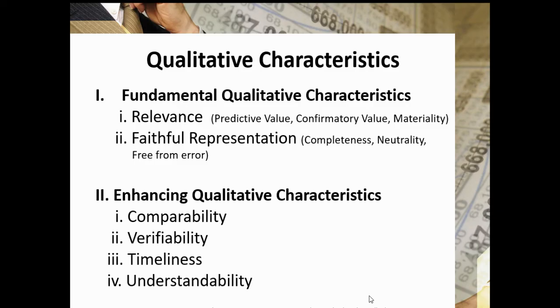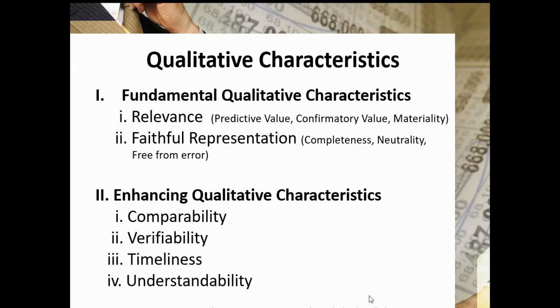So the qualitative characteristics are broadly classified into two, namely fundamental qualitative characteristics and enhancing qualitative characteristics. So fundamental qualitative characteristics are characteristics that make information useful to users. They consist of the following: relevance and faithful presentation. So, relevance,